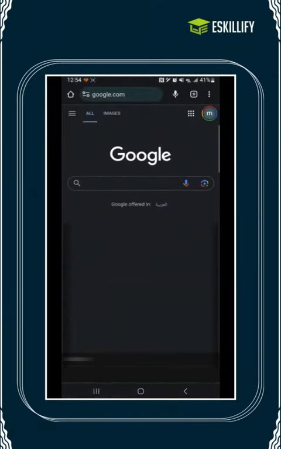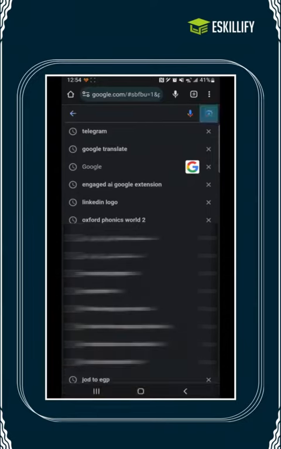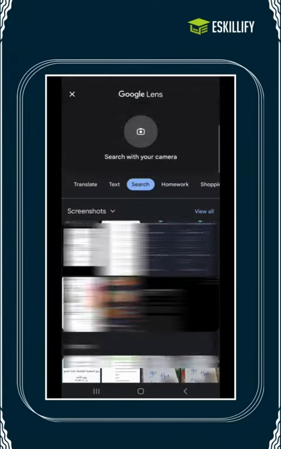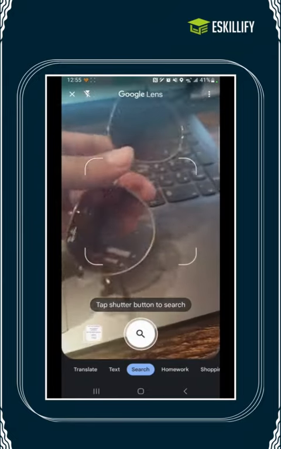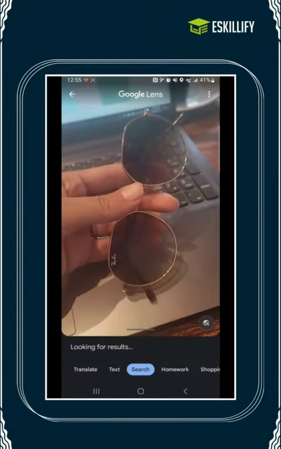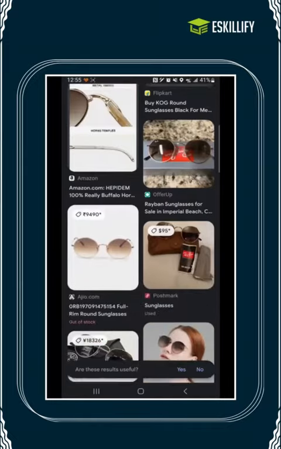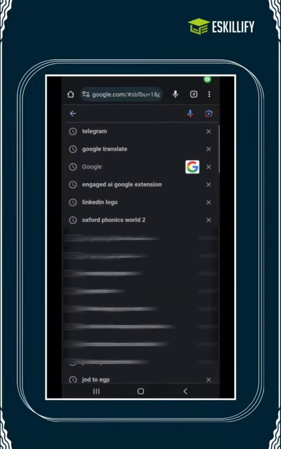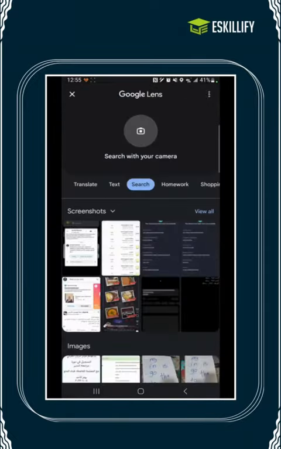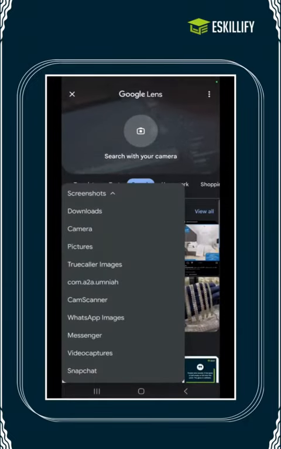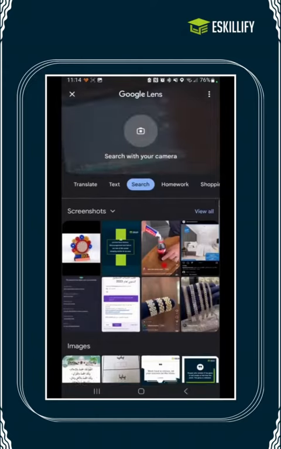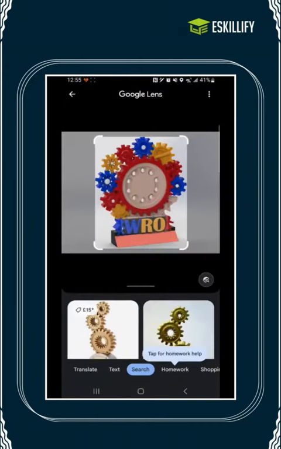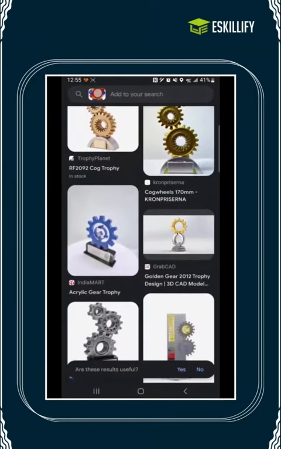So, instead of going to Google and typing in the name of a product that you don't know, you can just go to your web browser and click on the icon of the camera that appears to the right in the search bar. This will give you two options: either activate Google Lens, which allows you to take a picture of the product right away, and it will do the search by analyzing the image and get you products the same as the one you took a picture of,